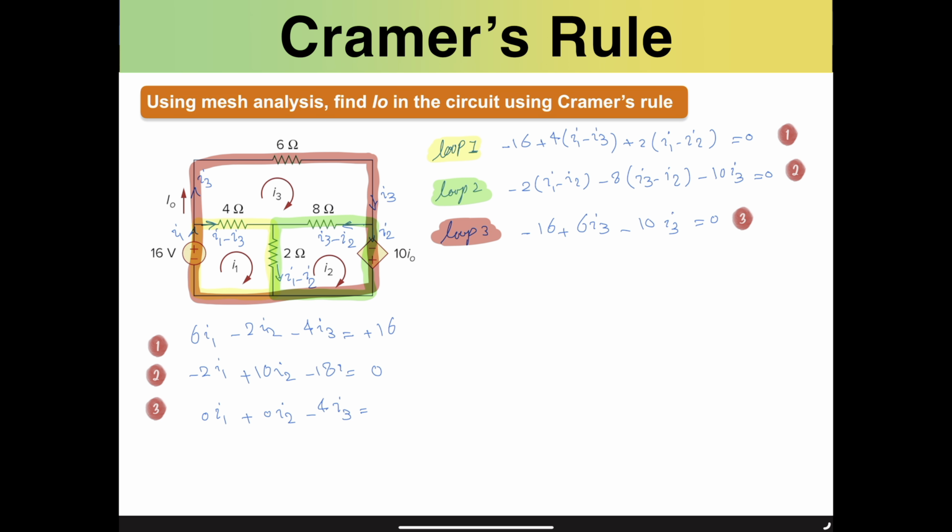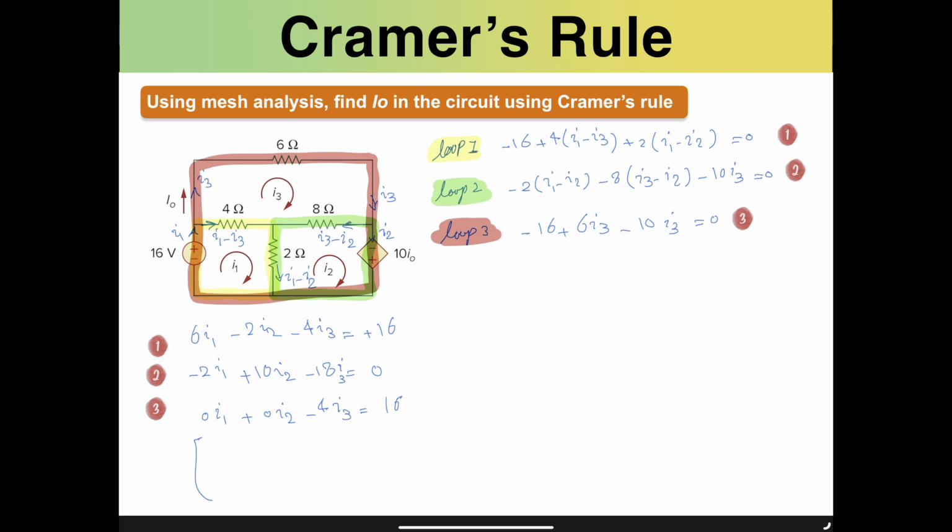I forgot to put I3 in the second equation as well. And the right side is going to be nothing but this minus 16. So if 16 is going to be moved to the other side of the equation, it will be only 16. So now that we have this simplified version of the set of equations, we can easily convert them